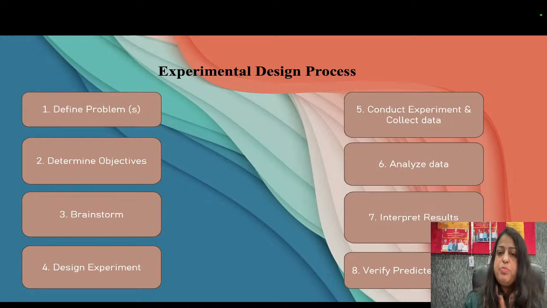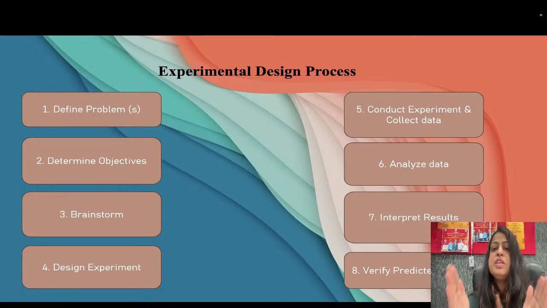क्योंकि आपकी जो प्रॉब्लम है उसी से आपके ऑब्जेक्टिव डिफाइन होंगे कि यस ये इश्यू है और मैं इसके लिए ये ऑब्जेक्टिव लेकर चल रहा हूं या चल रही हूं कि इसके लिए मुझे ऑप्टिमाइजेशन टूल का यूज करना है। उसके बाद आपको ये सोचना है कि आपके इंडिपेंडेंट वेरिएबल्स और डिपेंडेंट वेरिएबल्स क्या होने चाहिए जो कि उस प्रोडक्ट की क्वालिटी को अफेक्ट करेंगे डायरेक्टली और इनडायरेक्टली। उसके बाद आप उस एक्सपेरिमेंट को डिजाइन आउट करेंगे, कितने नंबर ऑफ रन आपको रखने हैं, कितने नंबर ऑफ ट्रायल आपको रखने हैं, आप वो सेलेक्ट आउट करेंगे।